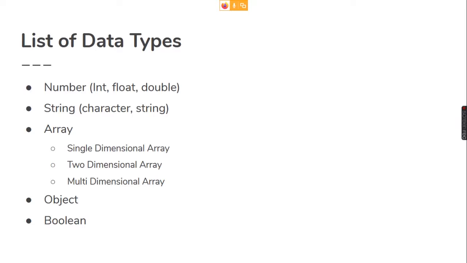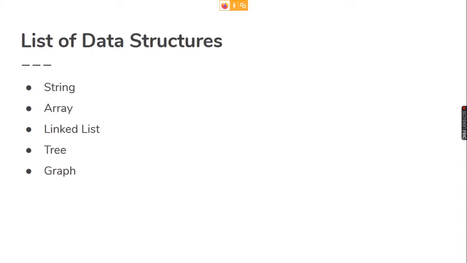And object and boolean. These are the basic data types of all the programming languages. Now, what is data structure? We just now learned about that in the introduction part. Data structure is handling the data. What are the ways of handling the data, and what are the types we have to store and access the data? When we have a set of characters, we call this a string. That is the first thing. And array. Array is a different kind of data type we can store.